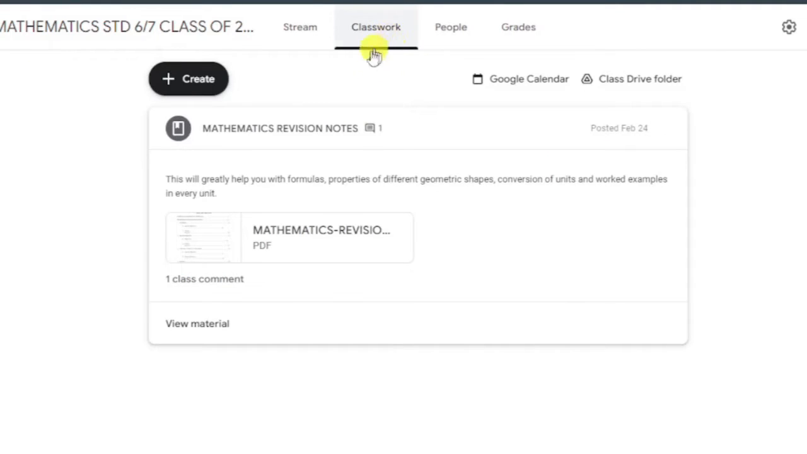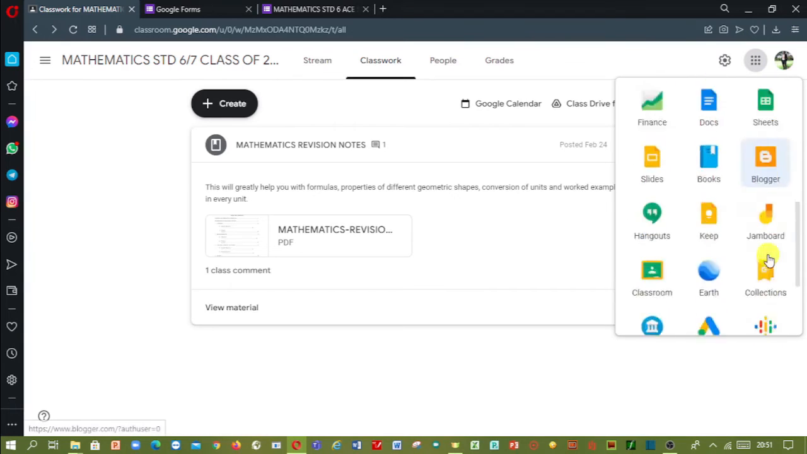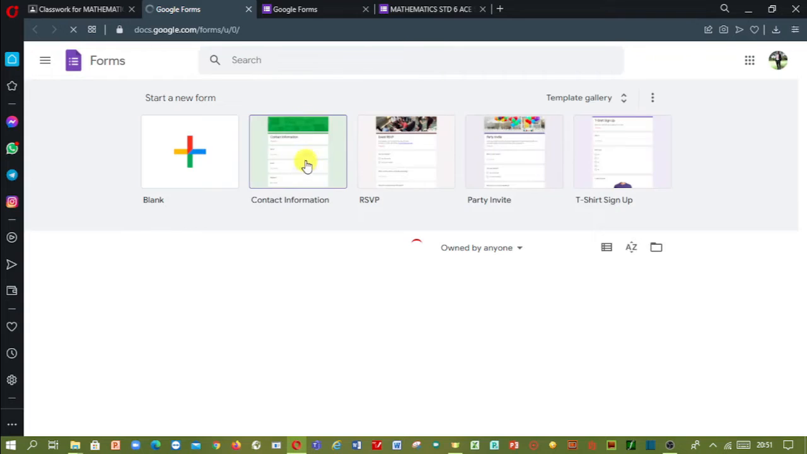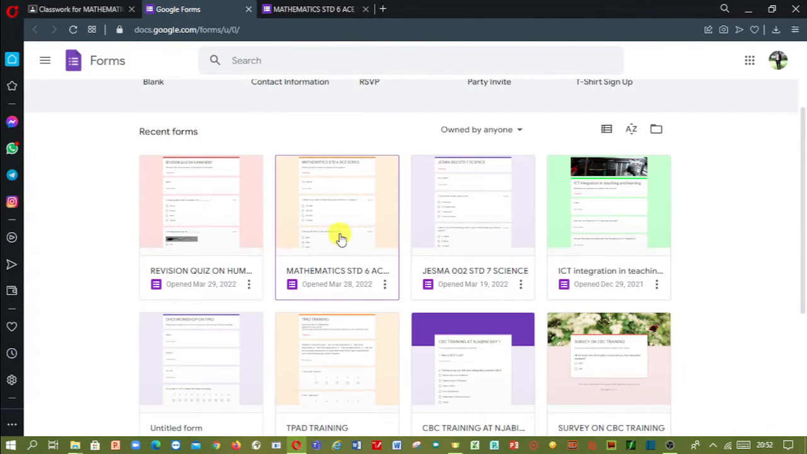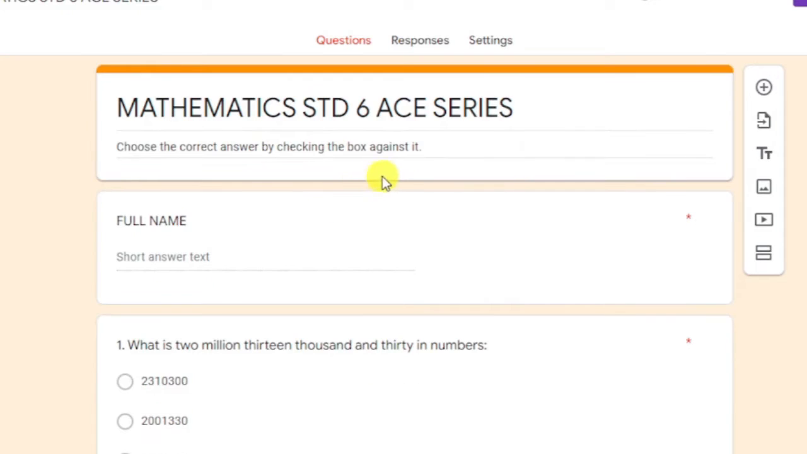assignments, I found that if I create some work here and ask them to do the work and then turn in, that became a challenge. So instead, I opted to use Google Forms, and also sometimes I use Microsoft Forms. In this one, I use Google Forms. In Google Forms, I create a quiz which is auto-marking,